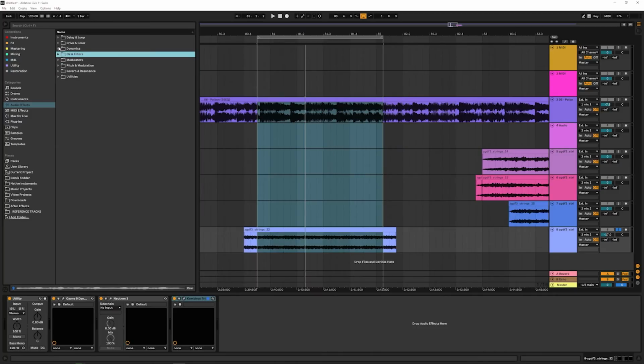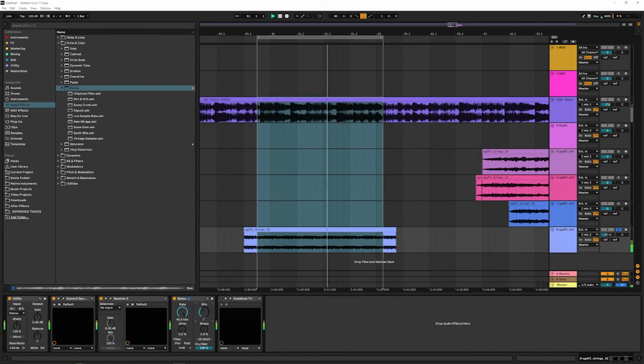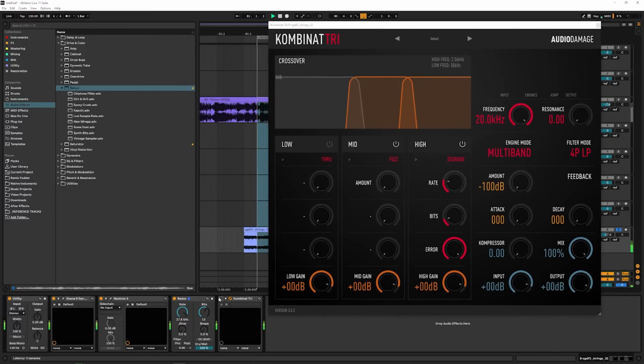We're going to put a little bit of bit crush on this, just a tiny bit of Redux right before our distortion. Take this down to 10 bits and take the rate down just a little bit. Just give ourselves a tiny bit of that. All right, let's get this back in and figure out what we like about this. Clip sounds pretty good.